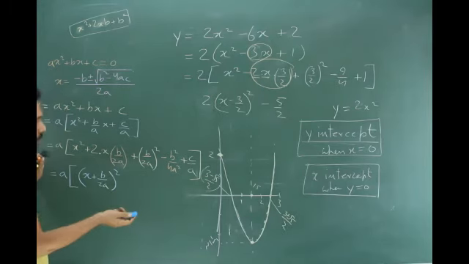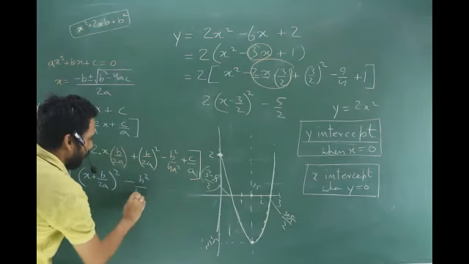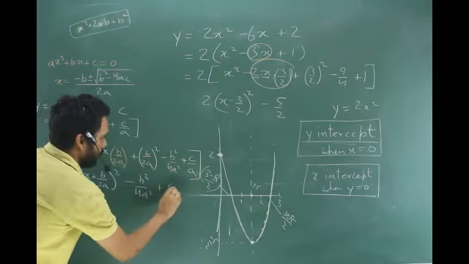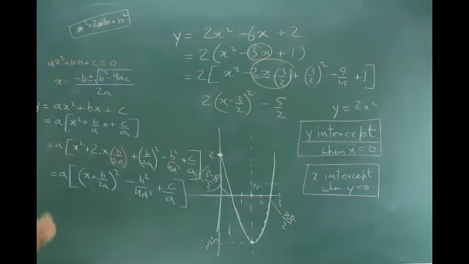Where were we, Vishank? Yes, sir. Minus b square by 4a square plus c by a, right? Yes, sir. So this is it. That's it. Nothing else to be done. This is the graph. But if I say where it is cutting the x-axis, you'll put y equal to 0. Get the point?